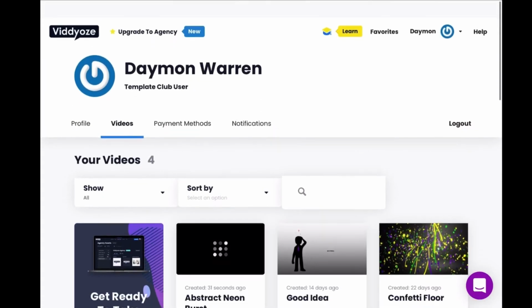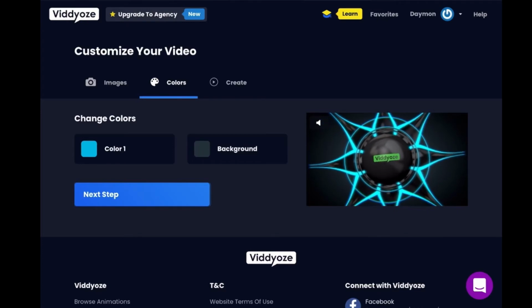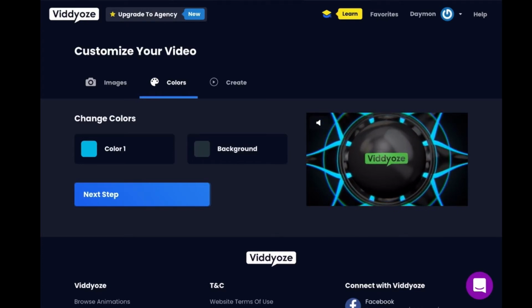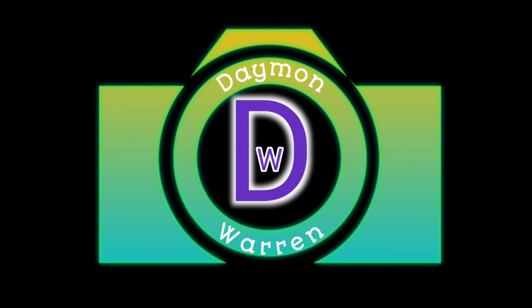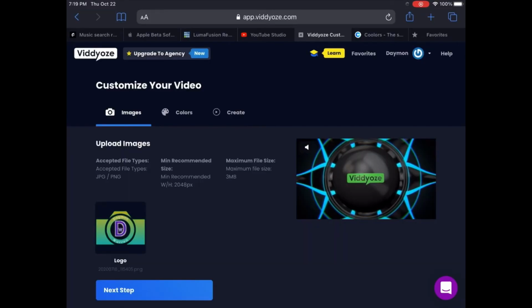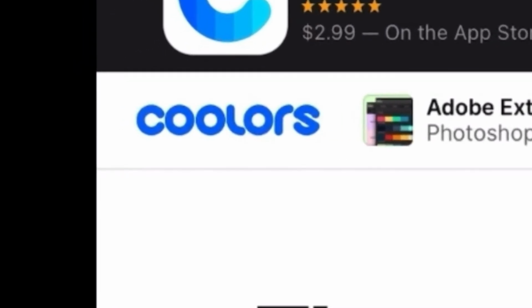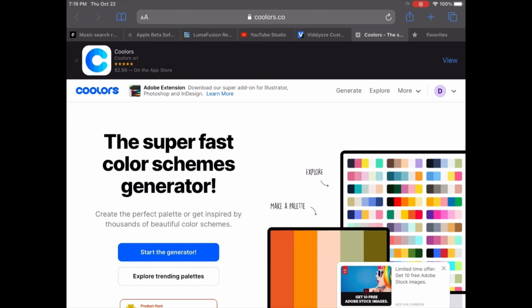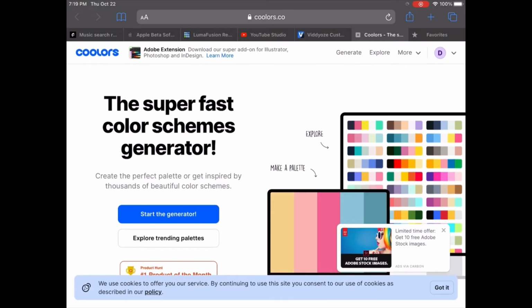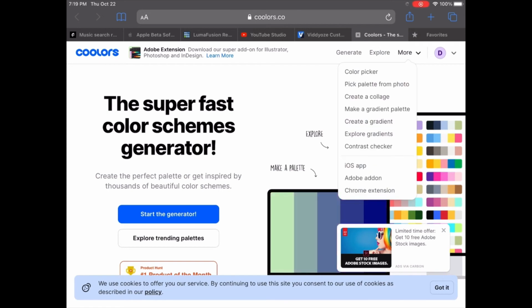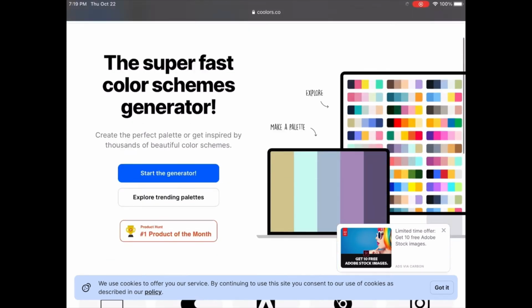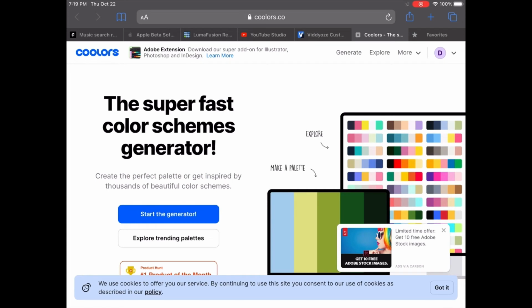Now, one of the other things I wanted to show y'all, changing the colors. I have a certain branding, so if you go look at my image, I have that kind of purple with the green and the yellow. Now they say here's a power tip for you. A website called Coolors. And there's an app. I don't have the app, I just use the website. It's free. And what this allows you to do is start creating a color palette. So you're not just generalizing with your colors, you can actually specifically pick certain colors.